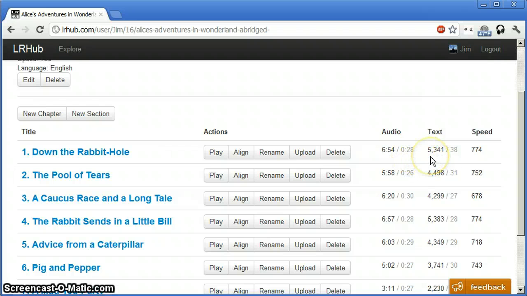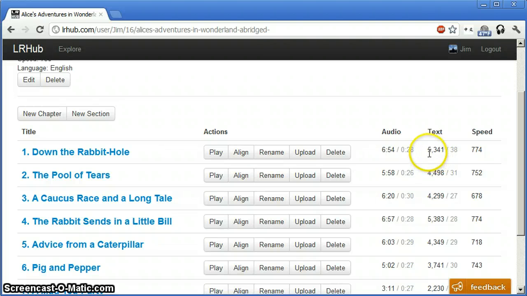I'm also taking a look at the text in the transcript and seeing that there's 5,341 characters in this transcript, not counting the white space or any punctuation. So really only counting a character if it is either a letter or a digit. And I think it works for hopefully lots of other languages as well. Like Chinese, it'll know what's a real character versus what is a punctuation mark.